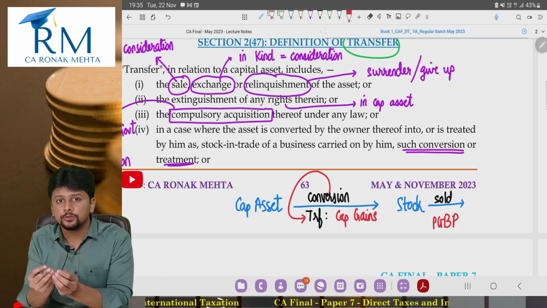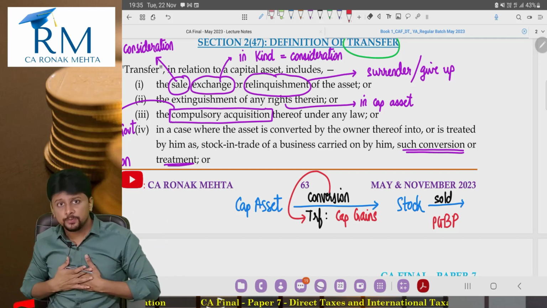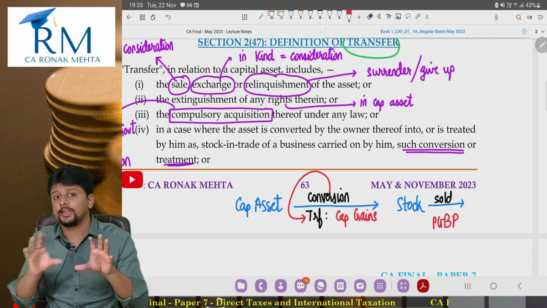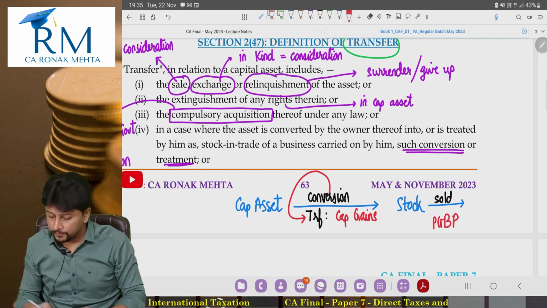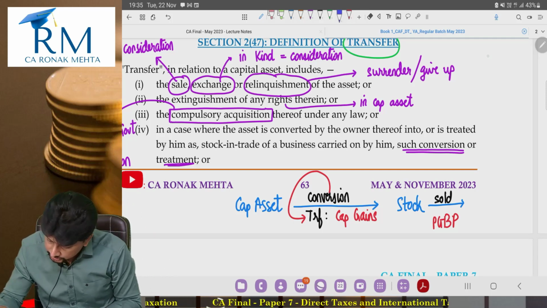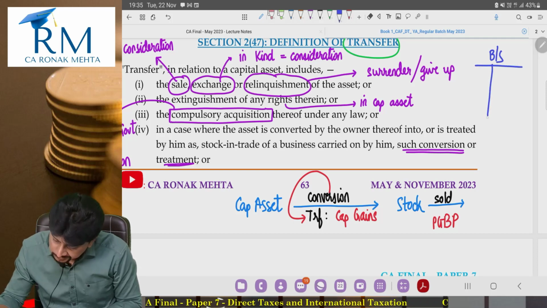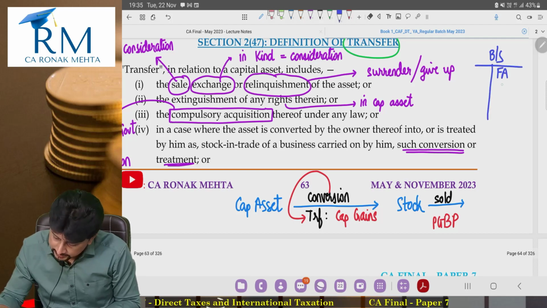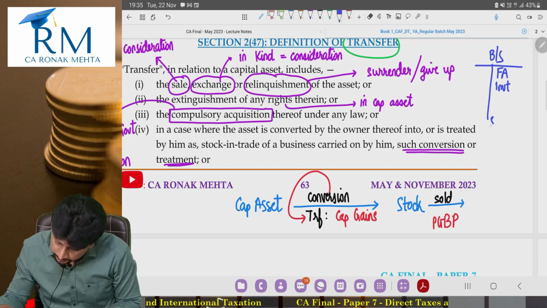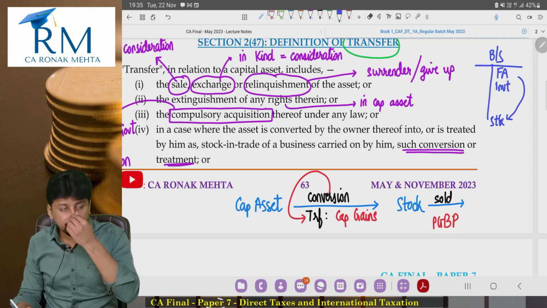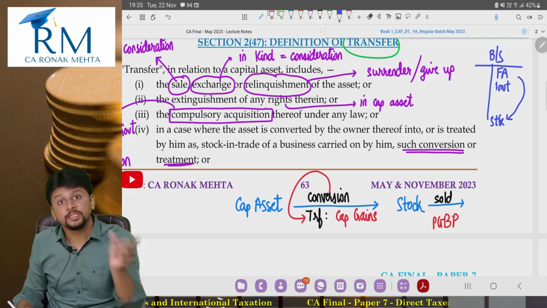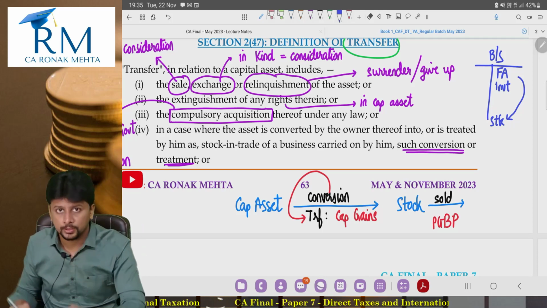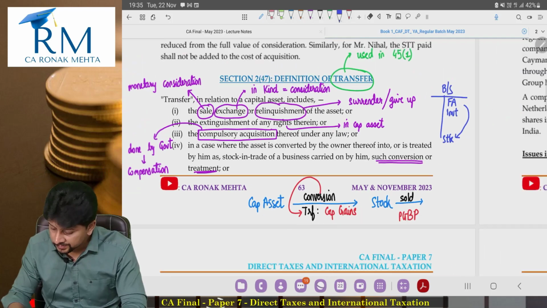Yes, this is also a transfer. I have kept the asset with me only, but earlier I used to show it as a capital asset. In my balance sheet, I used to show it as a fixed asset, as an investment. And now, from the balance sheet perspective, it was earlier shown as a fixed asset, or earlier shown as investment, and now it has been converted into stock in trade. So it is still with me only, but now it is no longer a capital asset, now it is stock in trade. This event is also considered as a transfer, and capital gains will be subject to tax.